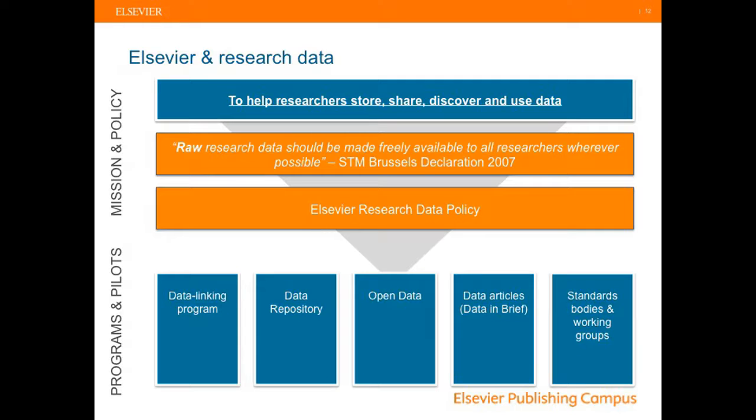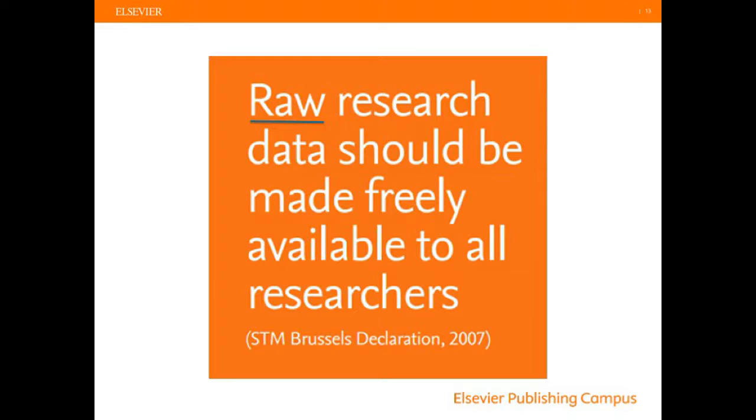And already in 2007, Elsevier, together with other publishers, signed the Brussels Declaration. And the Brussels Declaration states that raw research data should be made freely available to all researchers wherever possible. And nowadays, we also have our own research data policy. This research data policy can be found on the website. And we have that to really emphasize that data have our attention, that we think it's really important, and that we want to develop initiatives that allow data sharing. Well, you can see some of these initiatives below. I'll go through them during this talk, but first I really want to emphasize this Brussels Declaration,